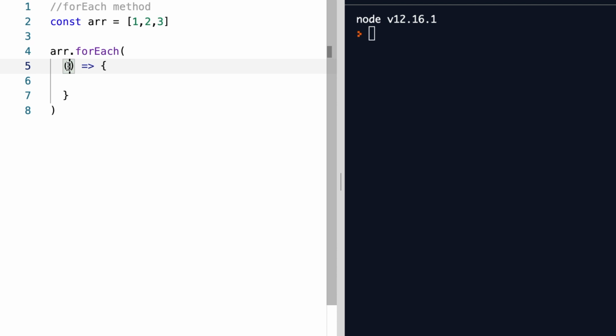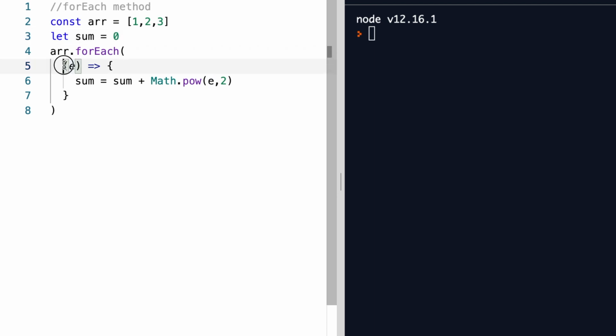The iterable element can be named with any name you want, but for simplicity, I'll name the iterable element e. The square of a value is nothing but Math.pow(e, 2). This is nothing but calculating the value of e to the power of 2. But how do I add them all? To add them all, let me declare a variable sum, and sum equals sum plus Math.pow(e, 2). So I should also have a sum variable which is initialized to 0, which I'll do above.